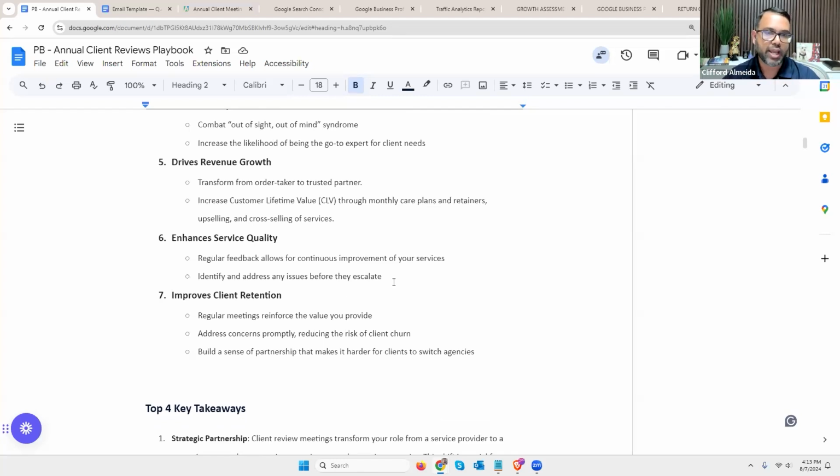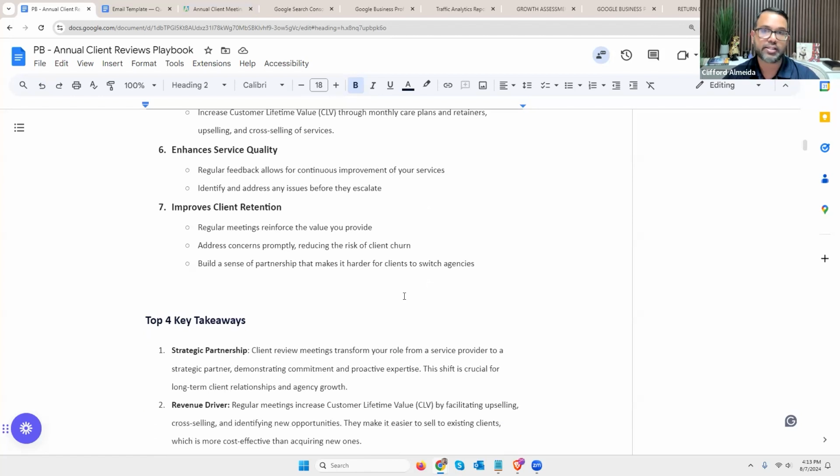It allows you to enhance your service quality, right? By getting feedback on what's working, what services they want. You're able to quickly iterate and optimize on that. And then lastly, and most importantly, outside of generating revenue for your business, is that it improves client retention. By doing this well, you reduce your chances of having them leave you for whatever reason, because you are not only a trusted partner, but you're helping them on vital aspects of their business that they don't see as a